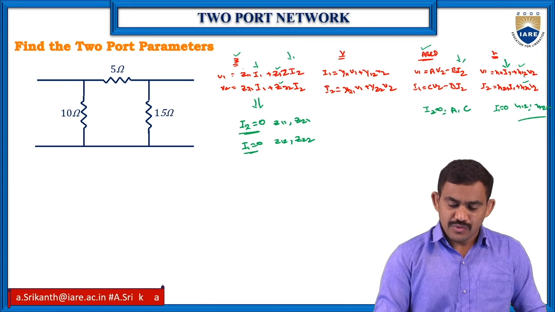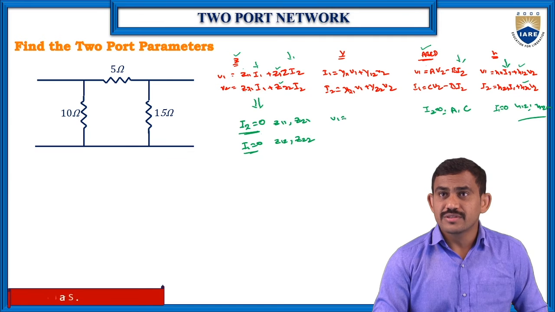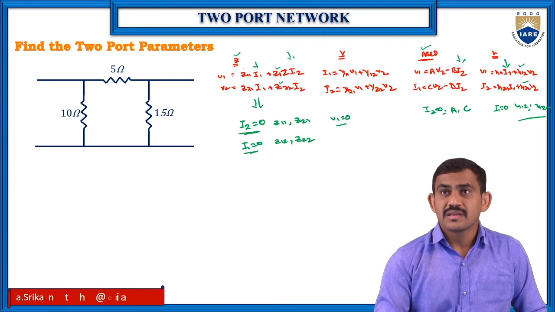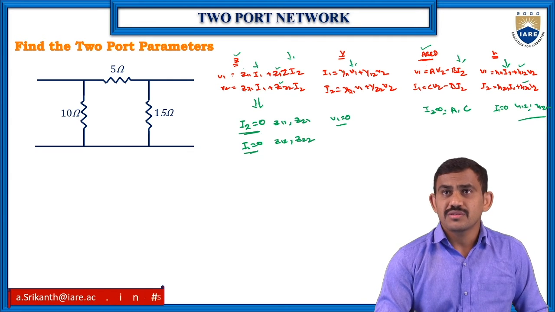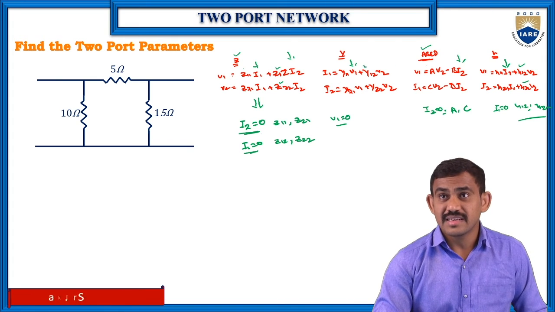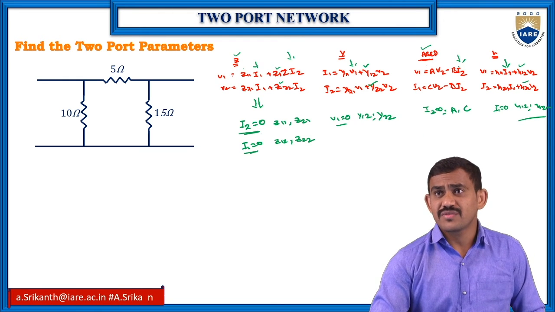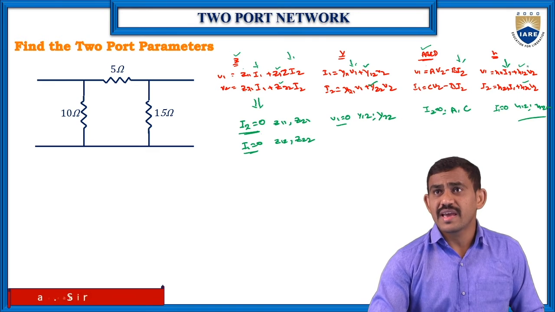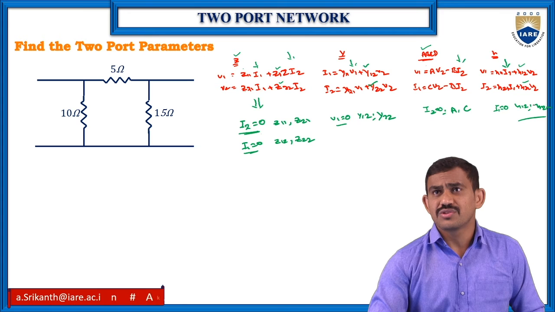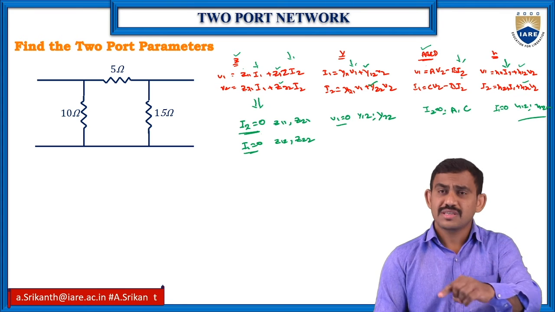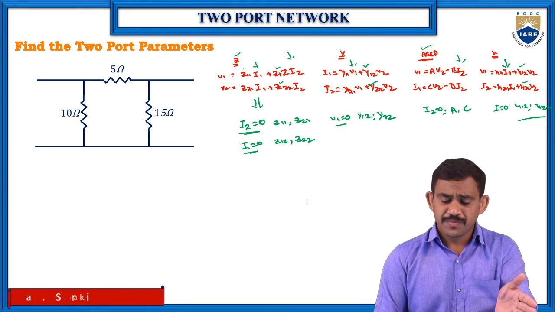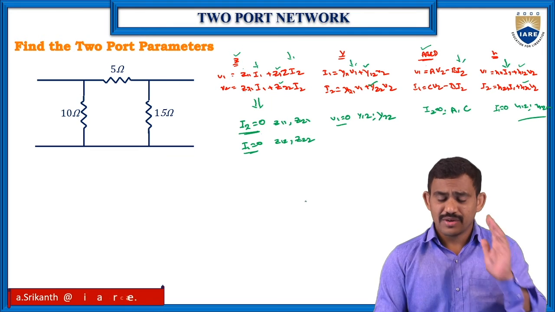And one more, V1 equals 0. That means from the Y parameters, the voltage is 0, then we'll get the Y12 and Y22 values. Same thing if you observe here, we have V2 here and V2 here, so we have only V1 used, and when V1 is 0, we'll get the Y12 and Y22 values.